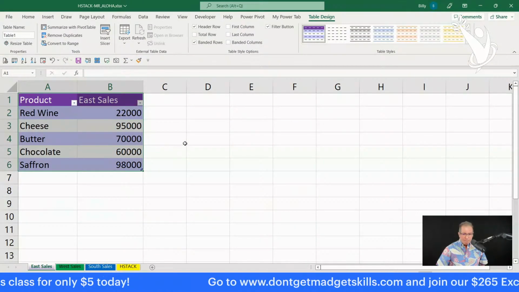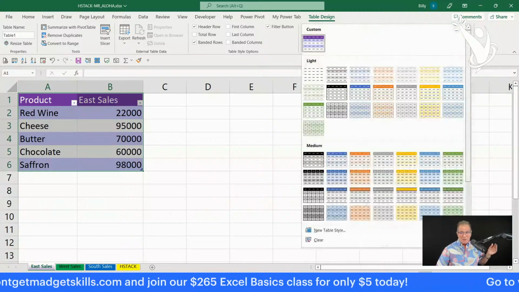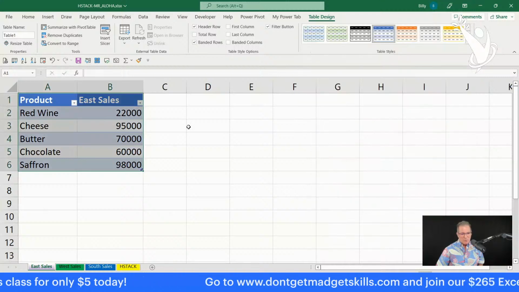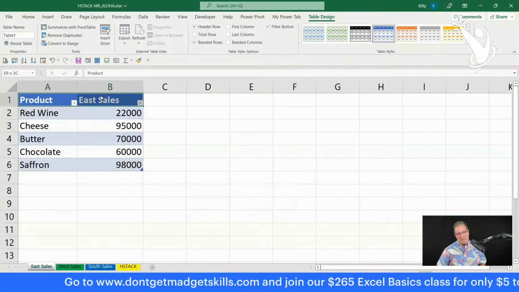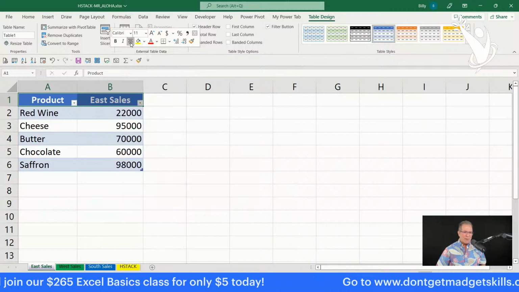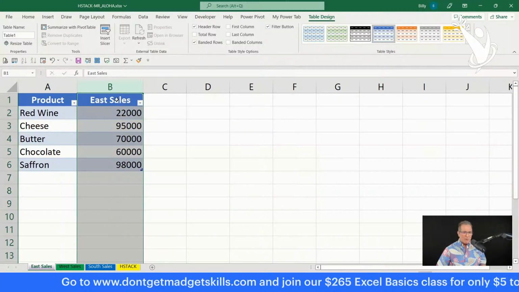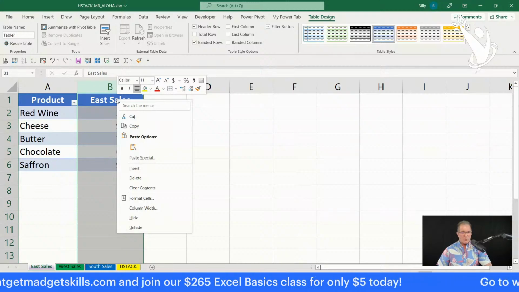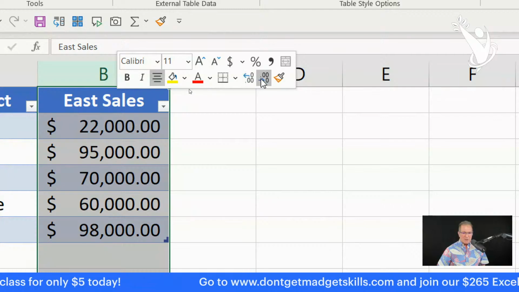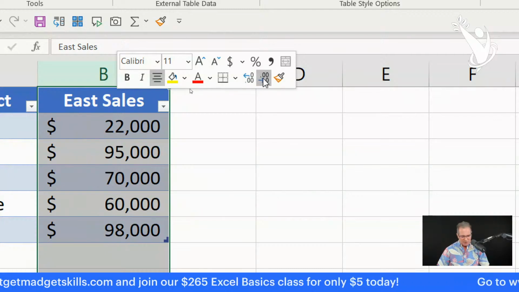Now we have tools that we can work with our table, and we can just go right down here and say, hey, you know what? Look at all this. We're going to make it this blue. We like that blue right here. And I'm going to select my header row, right click, and I'm going to center it. Boom. There we go. Oh, look. And then I'm going to select the entire column. I'm going to right click. And what we're going to do is we're going to give it some accounting number format, and we're going to decrease the decimal point. Just go that way. Click, decrease the decimal point.